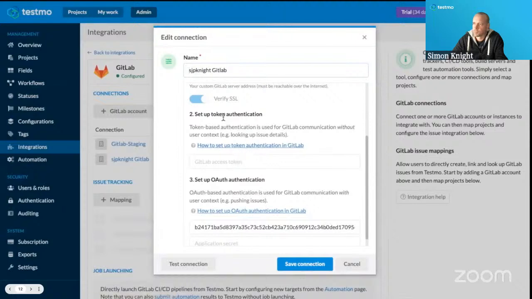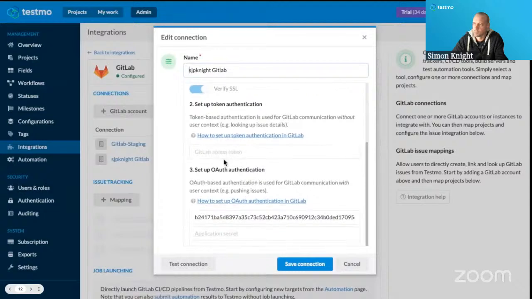So the GitLab access token, the PAT, I believe it is, the personal access token, and the OAuth authentication tokens here as well. So you'll need to set all that up yourself, grab the relevant tokens from GitLab